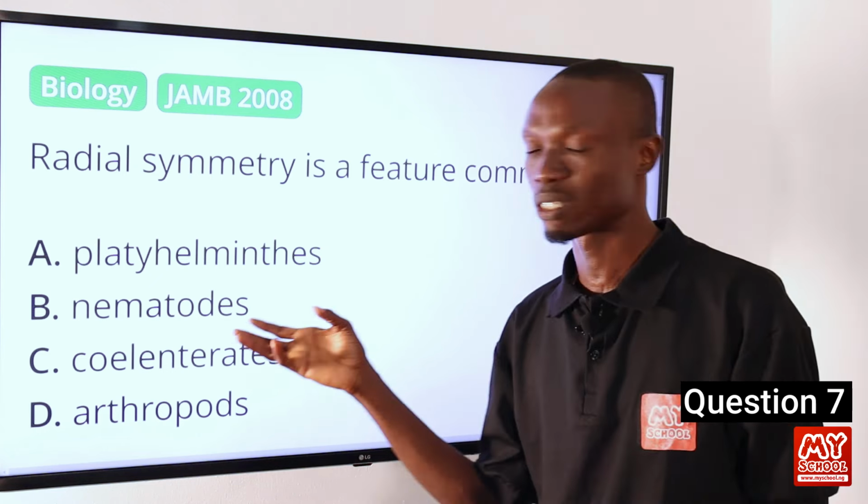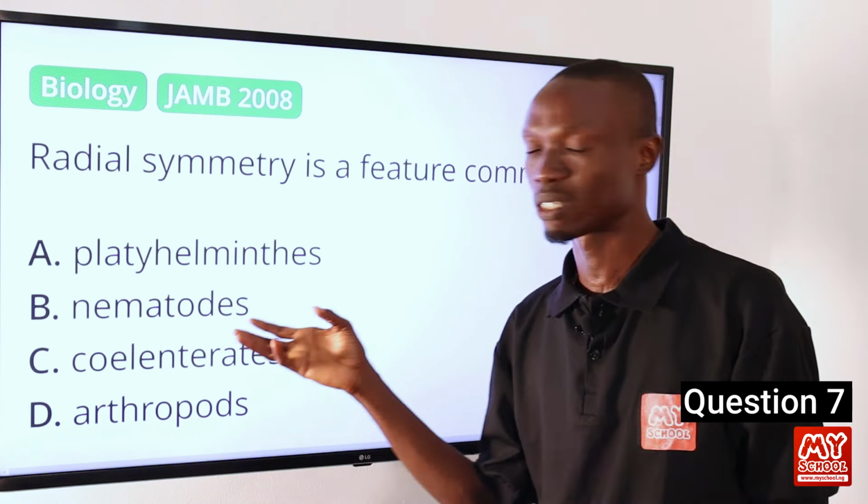Question 8. Which of the following is used mainly for balancing in fish? A. We have the caudal fin. The caudal fin is another word for tail. The caudal fin is responsible for propulsion. It allows fishes to move forward in water. Then B, we have the pectoral fin. The pectoral fin is located on the side of the fish, just behind the gills. The pectoral fin is just like a steering device,